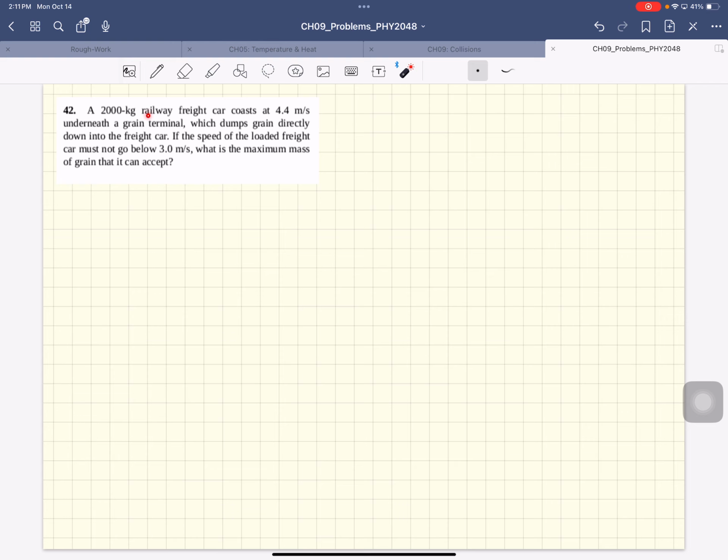A 2,000 kg railway freight car coasts at 4.4 meters per second underneath a grain terminal, which dumps grain directly down into the freight car. If the speed of the loaded freight car must not go below 3 meters per second, what is the maximum mass of grain it can accept? All right, so this is